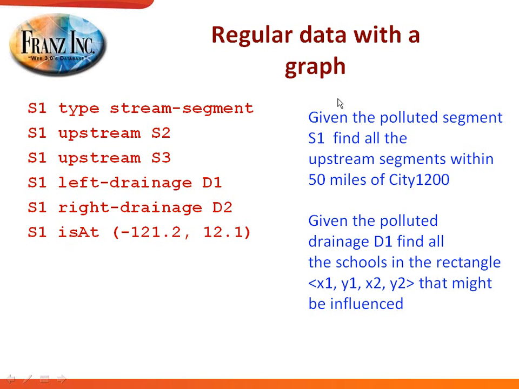And then the type of queries that we do, which you can't do with any spatial database so far, is where we actually combine the graph search on a graph database, and I'll go into detail a little bit more later, and the geospatial capability. So for example, given a polluted segment S1, find all the upstream segments within 50 miles of city 1200. Or given the polluted drainage area D1, find all the schools in the rectangle X1, well, whatever, that might